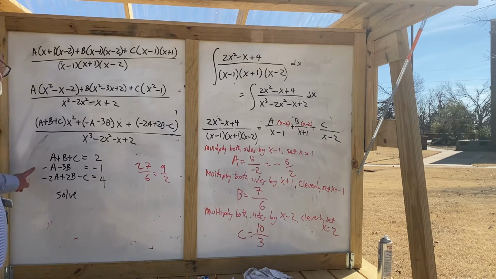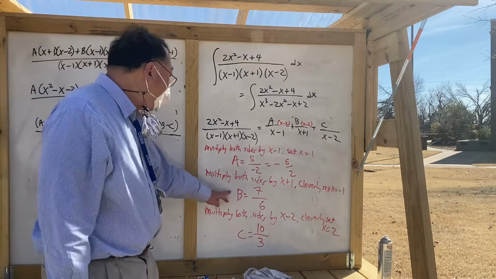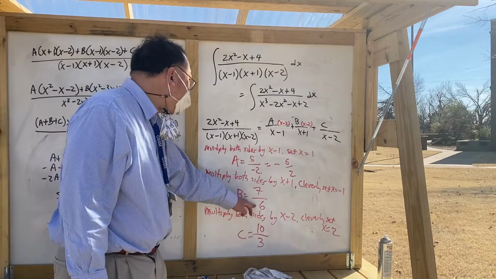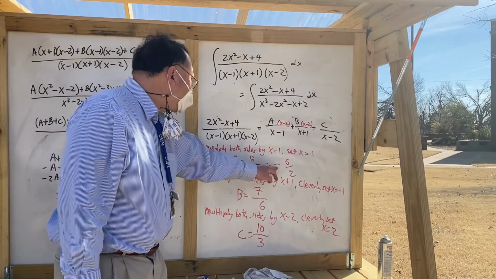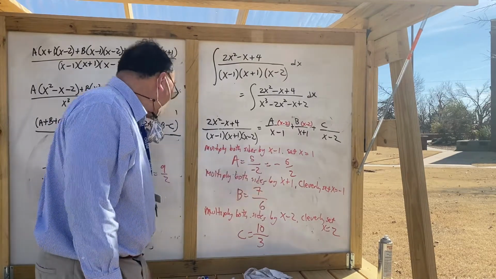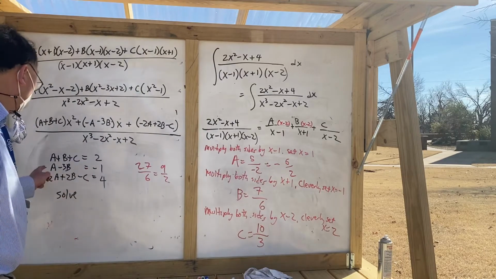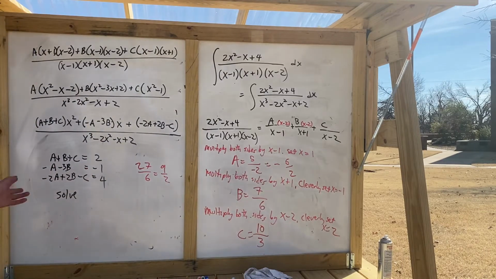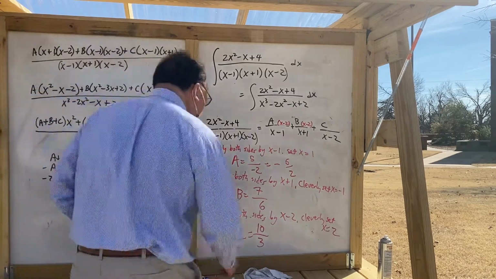Now negative a minus 3b is negative 1, so that means a plus 3b is going to be 7 halves plus negative 5 halves, which is 2 halves, so that's 1. So a plus 3b is 1. Good. So I won't bother to check the third one. So now once I figure that out,